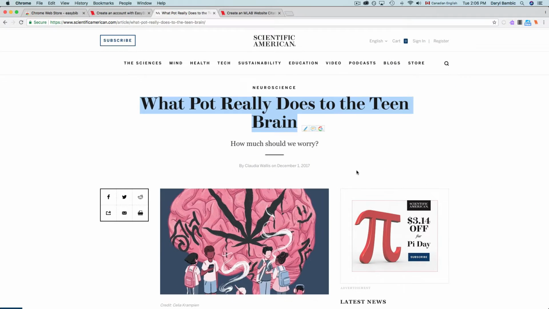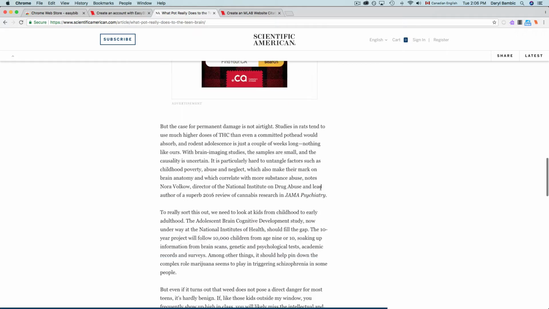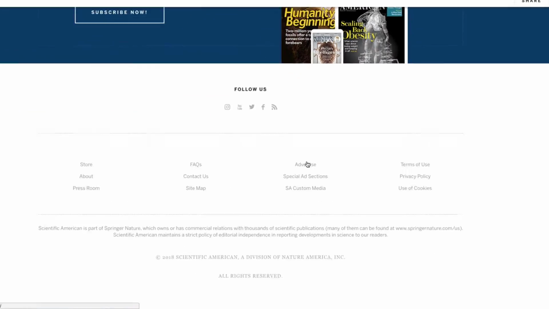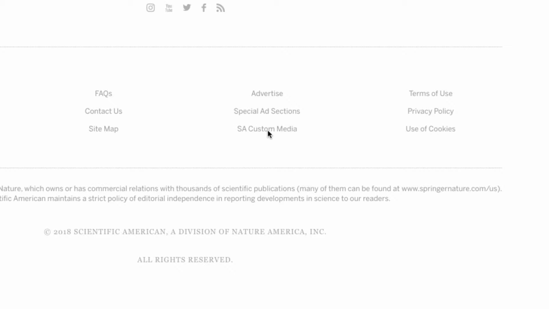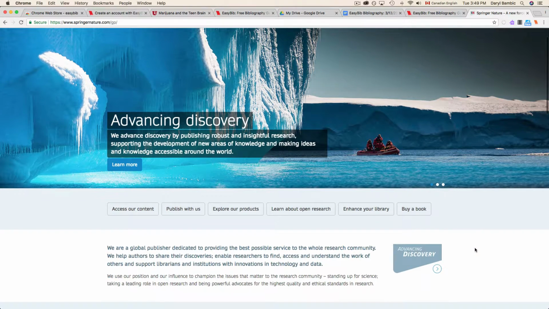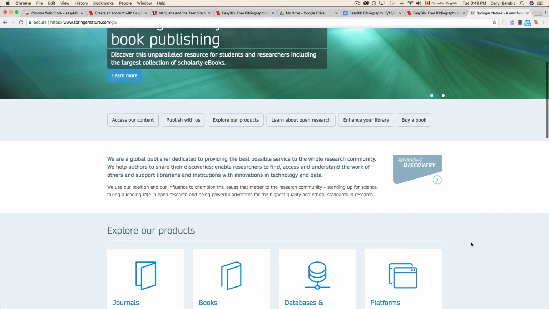as well as the publisher. In some cases, you're really going to have to take a couple of minutes to look at an About Us page, or generally down at the bottom, you can see who publishes or who sponsors the website. In this case, it's Springer Nature, and I recommend taking a couple of minutes to really investigate who's behind